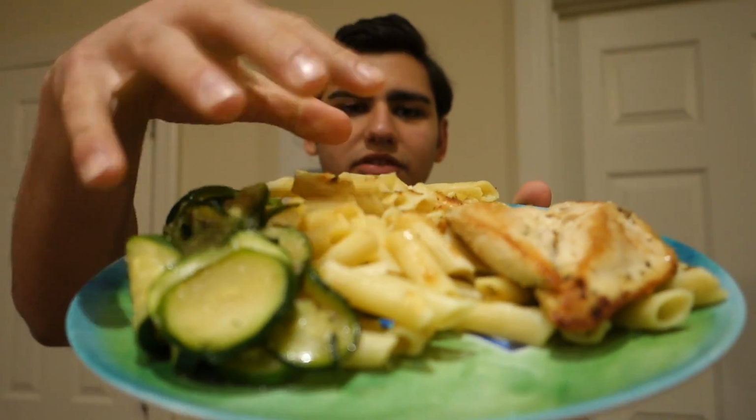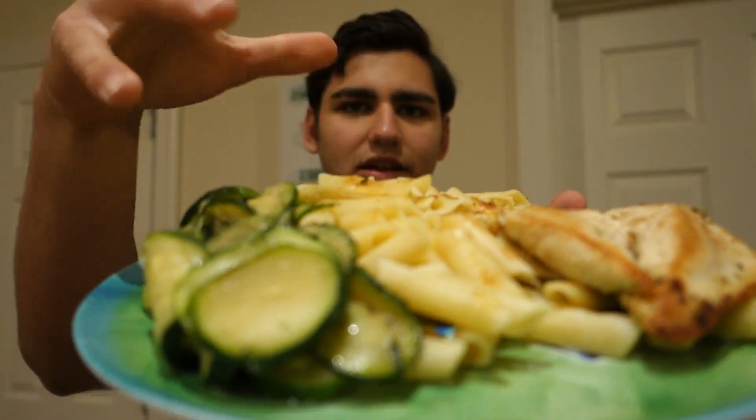Pretty basic, just some salt, pepper, and some basic seasoning on these. Tastes really good. I love meals like this. Also notice how this was already prepared. Guys, the number one secret I can give you when it comes to succeeding with your nutritional approach, whether you're